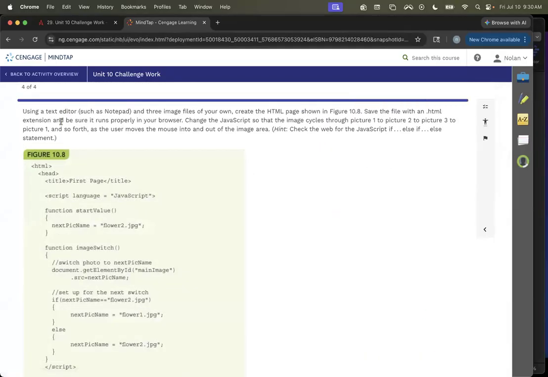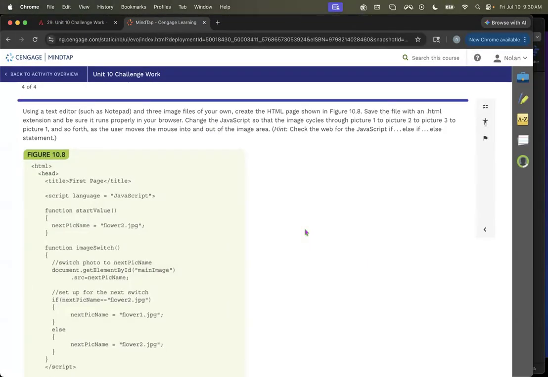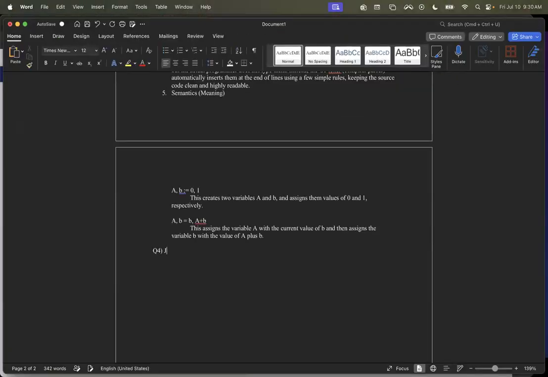So for question four, I'm just going to call it the JavaScript image files question, right? I'm going to give you a slightly different task for this one. So your task will be